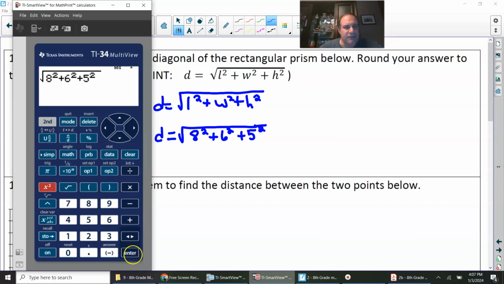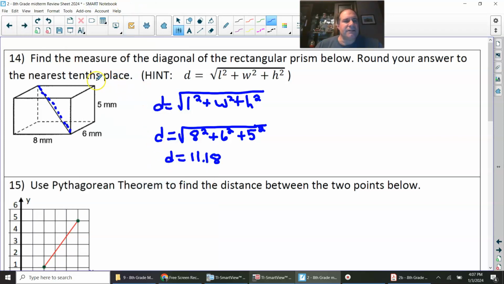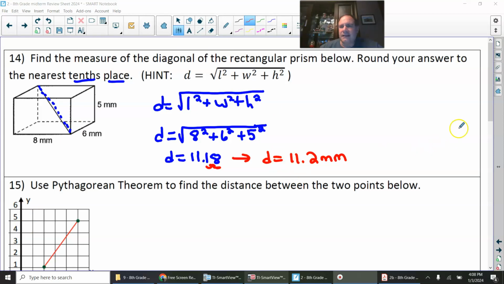We're not going to figure anything out. I'll let the calculator do it. So D equals 11.18. We're rounding to the nearest tenth place. So that means this number here, we're going to round to either a 1 or a 2. And the next number is an 8. So rounded to the nearest tenth place would be 11.2 millimeters. All right, and that is the answer